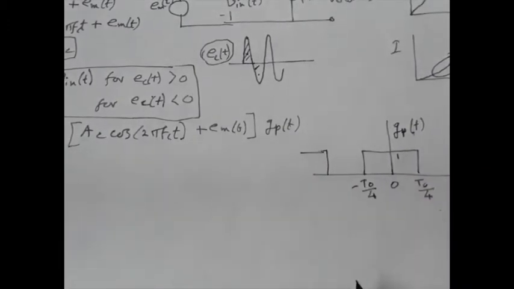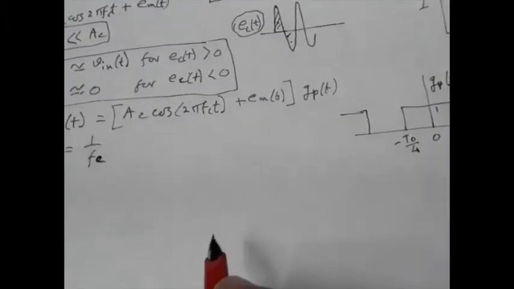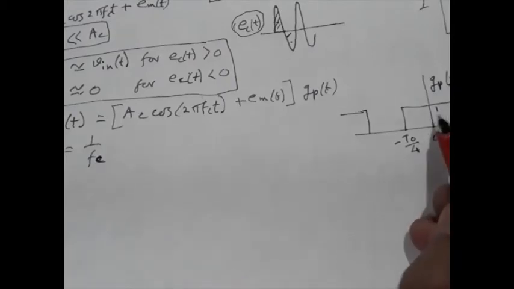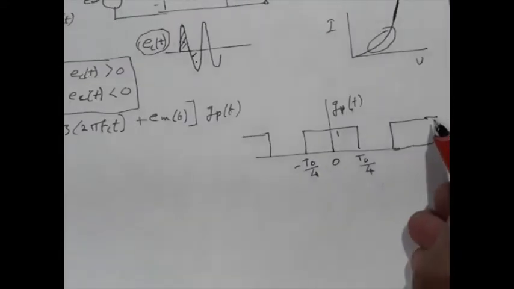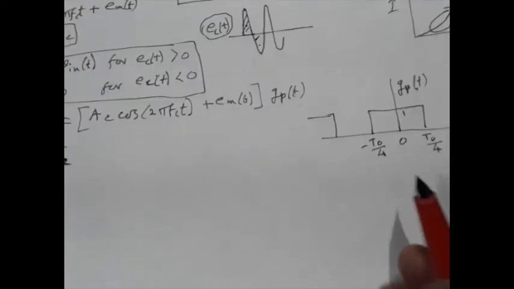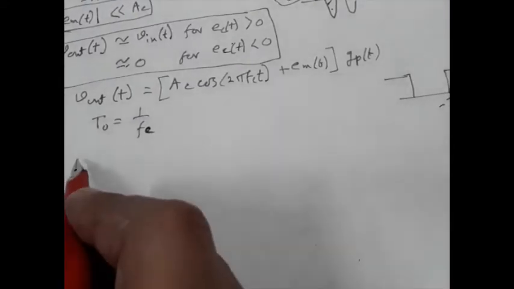Obviously g p of t is a periodic function, and since it is a periodic function, we can expand it in terms of Fourier series. So g p of t can be written as